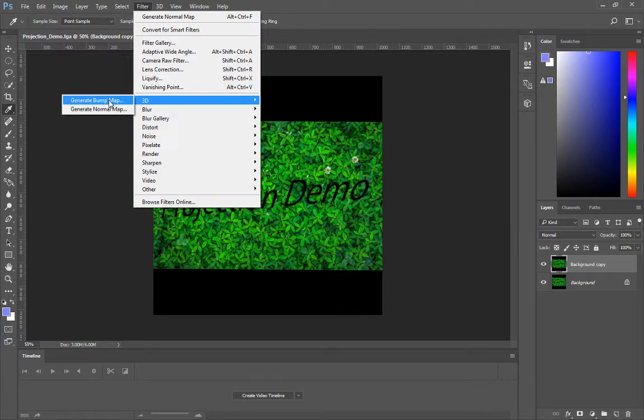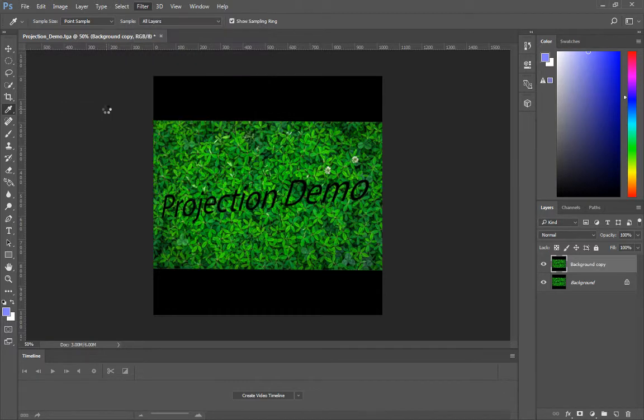3D. Now there's generate bump map or generate normal map. Bump maps work primarily on grayscale, and the 3D software can only project depth from 2 dimensions, or 2 directions. Now a normal map will be able to project that depth from all 3 directions, X, Y, Z. So it's much more effective in a 3-dimensional environment, whereas a bump map can only project 2-dimensional depth, and a normal map can project 3-dimensional. So normal maps are the standard for today's modeling for almost every software. So we're going to go ahead and generate normal map,